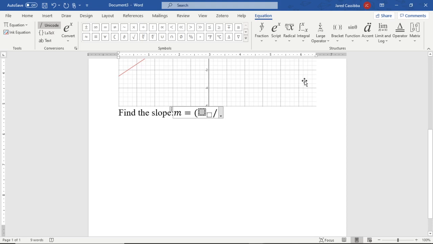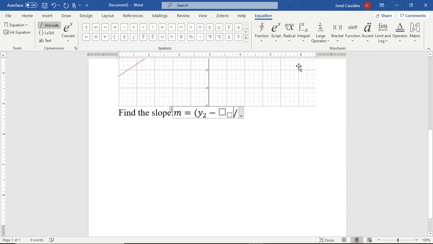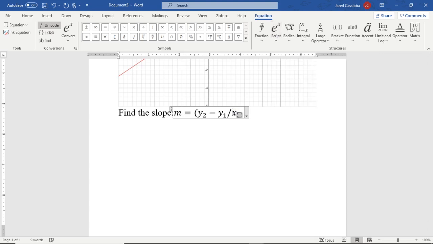I'm going to subtract them, so y2 minus y1, and that's going to be divided by the x's. So the x of point 1, the x of point 2, x2 minus,